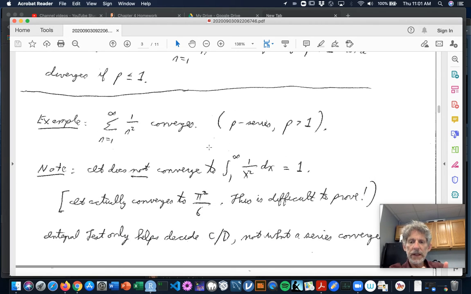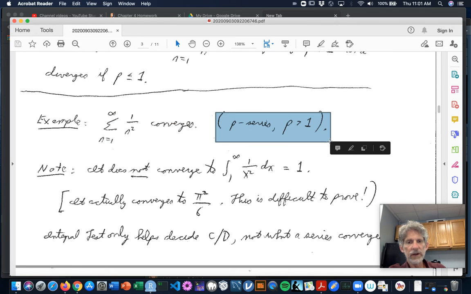So very quickly, we suddenly know a lot about a lot of infinite series. Like we can tell this infinite series here converges because it's a p-series where the p is 2. That's bigger than 1. So I can say this converges, and my reasoning here is just that it's a p-series and the p is bigger than 1.